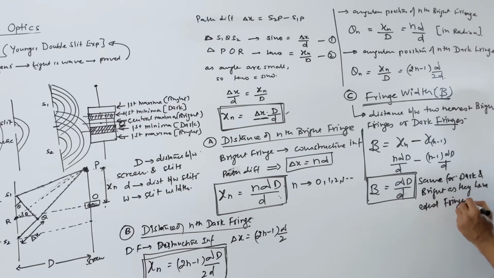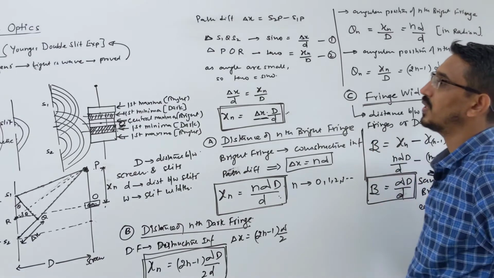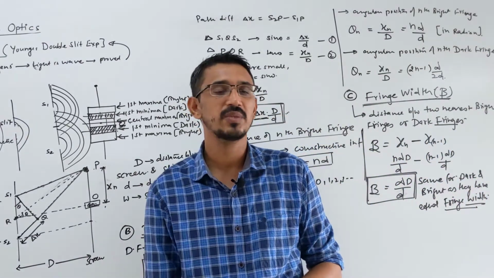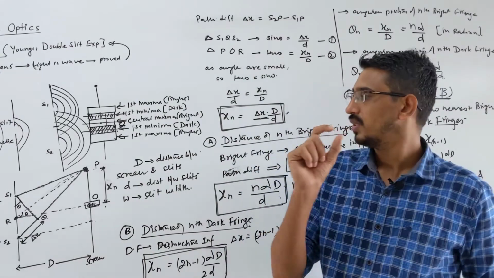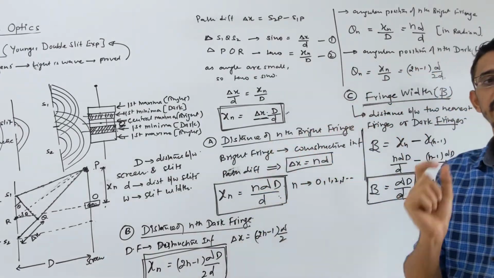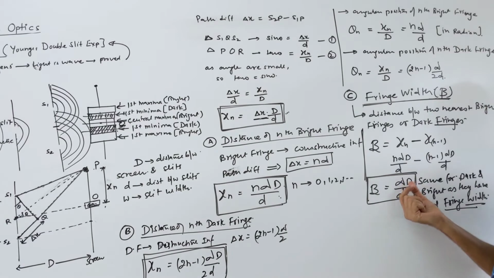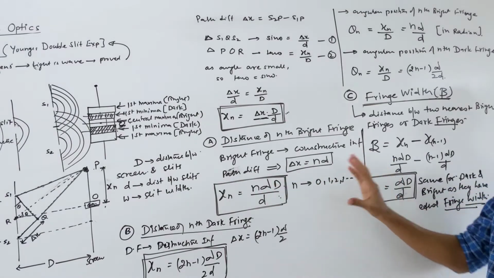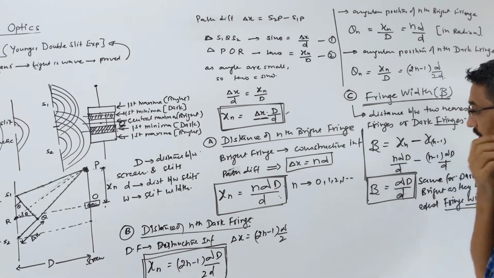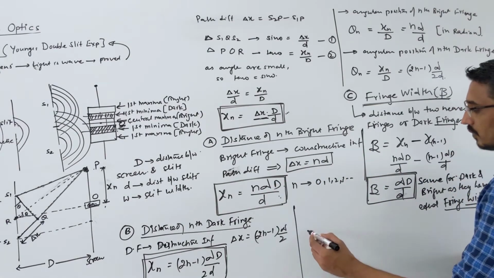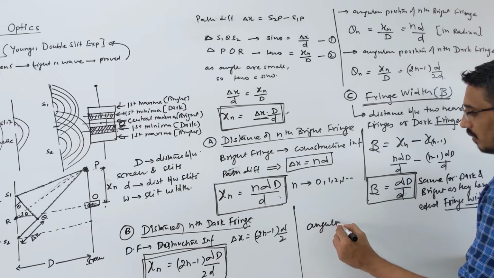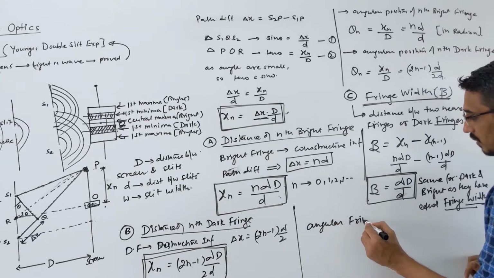Theoretically also they can ask you sometimes. So in the case of interference of Young's double slit experiment, the bright and dark fringes we form have equal width. The width of each fringe is given by lambda D by d. So here also they ask you angular, linear and angular will be everywhere till the end of the chapter. So I am asking now for the angular fringe width.